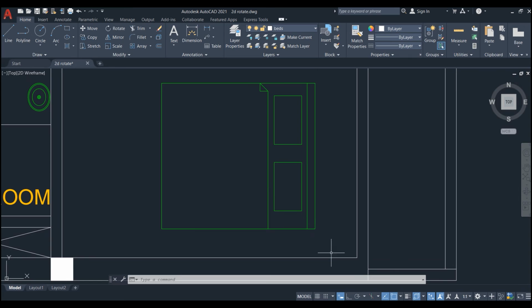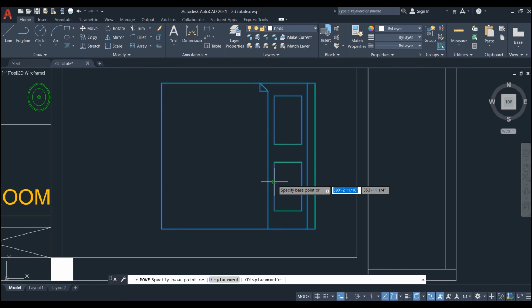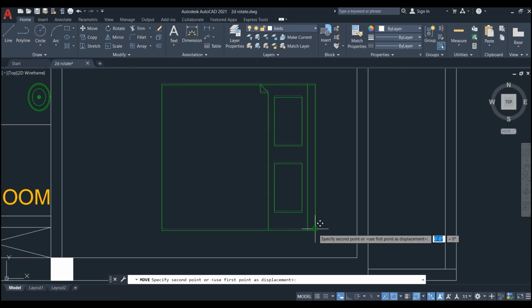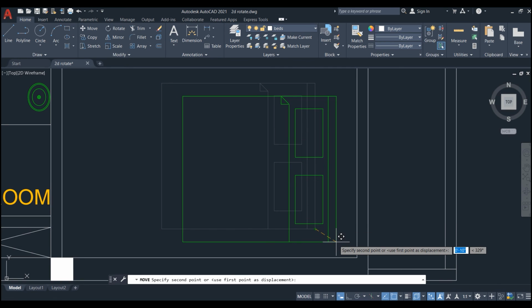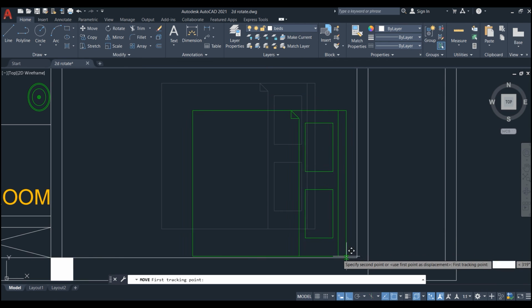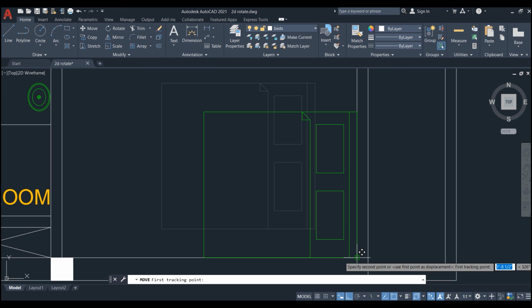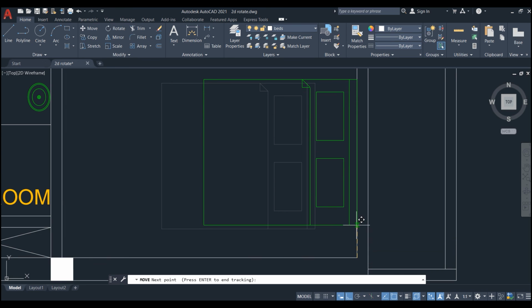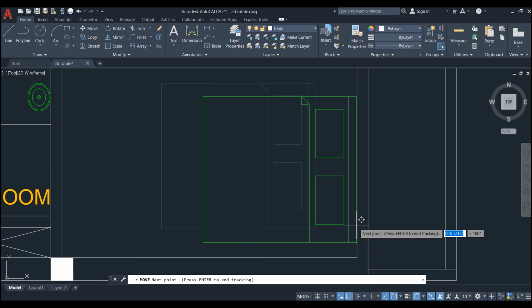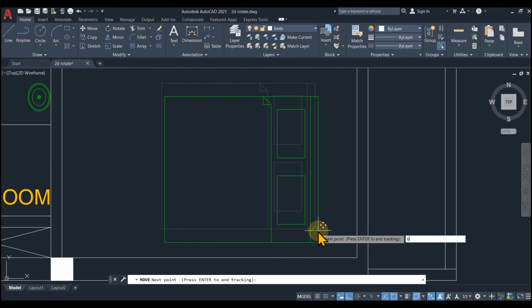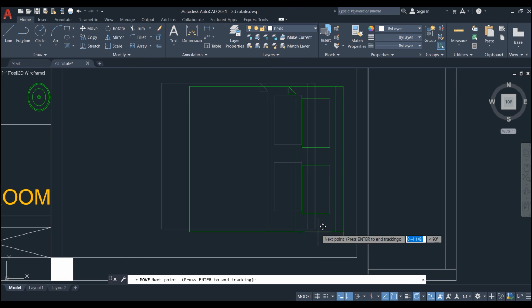Now let's place it precisely 6 inches away from this side and 6 inches away from this side. I am going to launch the move command, select the geometry and hit enter. I am going to pick it up from the endpoint here and I am going to use temporary tracking to place this. For that I will type TK, then enter, and then I am going to guide AutoCAD where this bed should be placed. I am going to start from this endpoint here and then I am going to come up and type 6 inches and then I am going to pull to the left and type 6 inches and then enter. Now I am where I want to be. I will hit enter to place the bed.